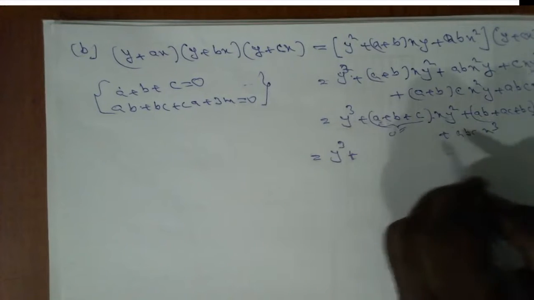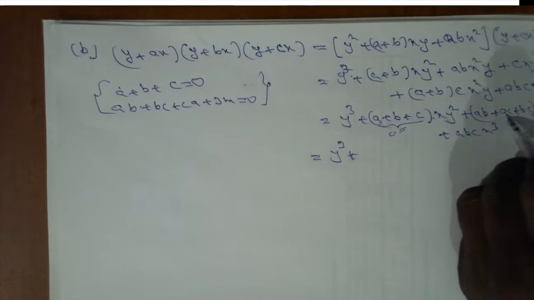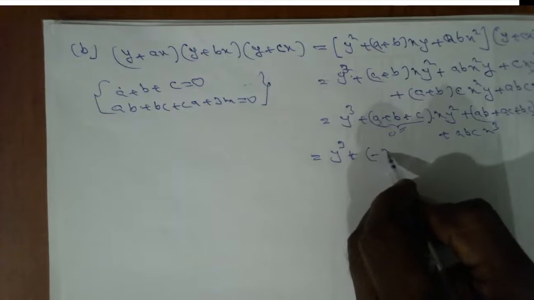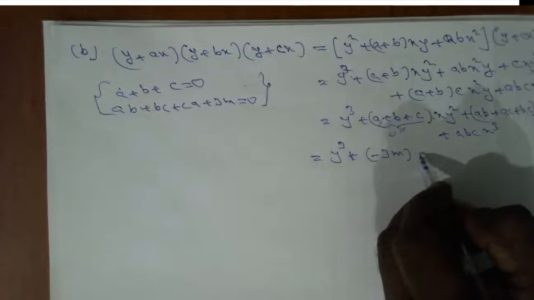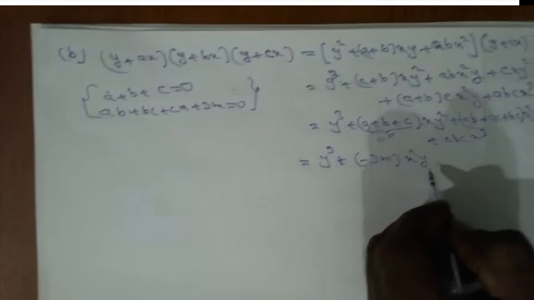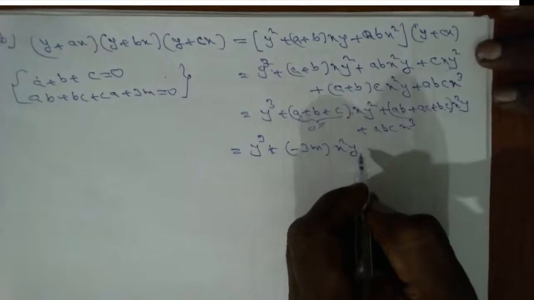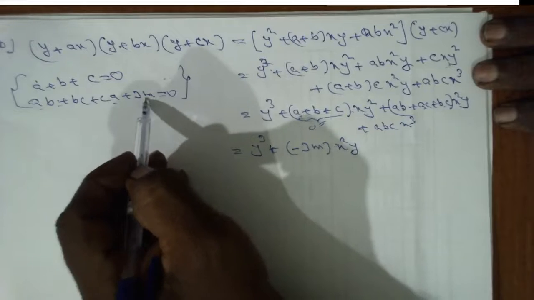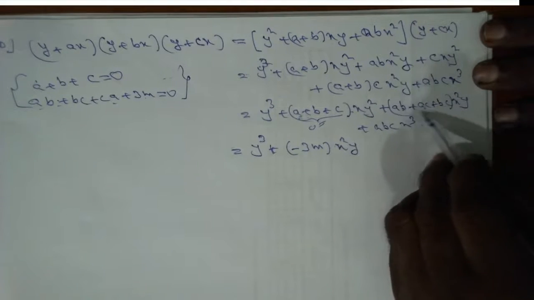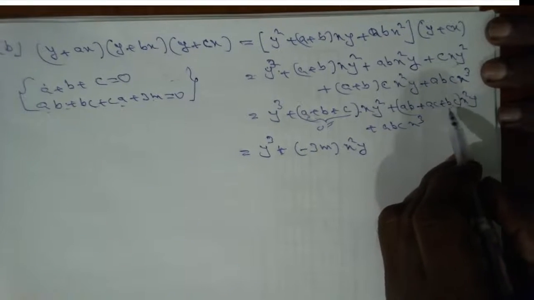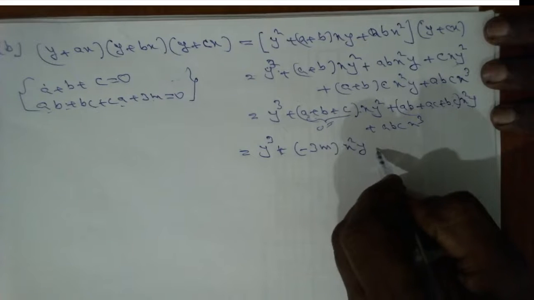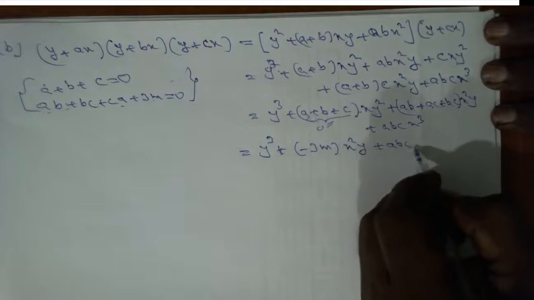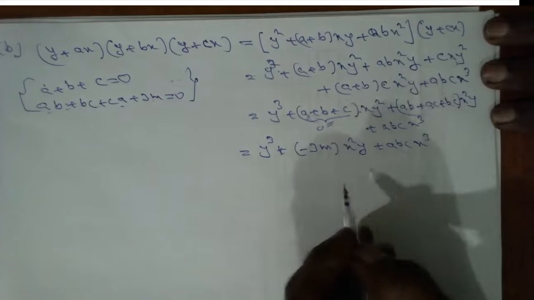This term becomes 0. But ab plus ac plus bc equals minus 3m. For that you can put minus 3m x squared y. Okay? For this part you substitute minus 3m x squared y plus abc x cube